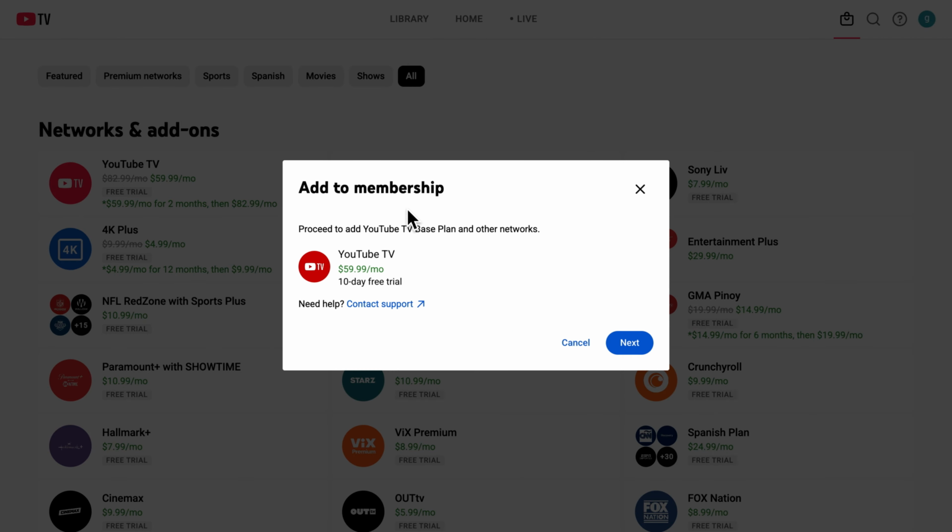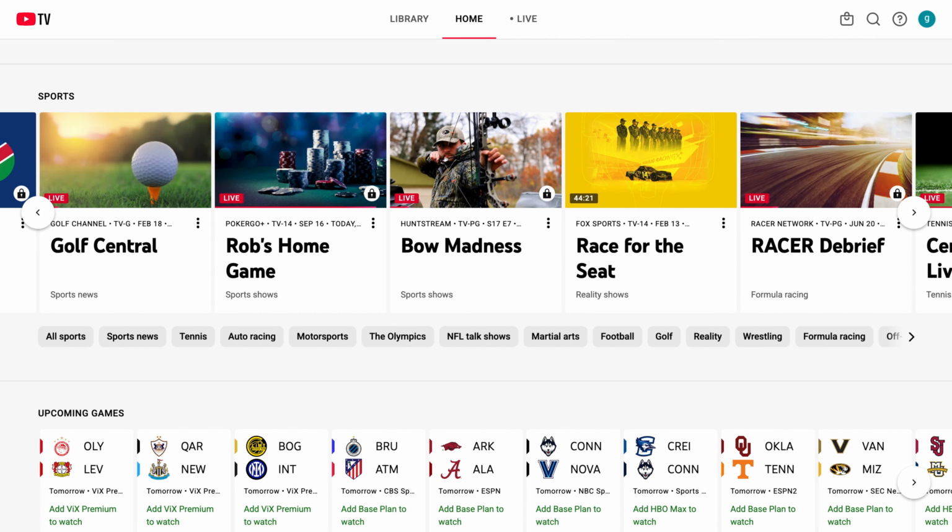And you want to add the YouTube TV base plan to your membership by paying $16 per month, and you can get a free trial. So just click on Next and then complete your purchase with your credit card, debit card, or even your PayPal. After you book the package, you want to go to the top right of your screen